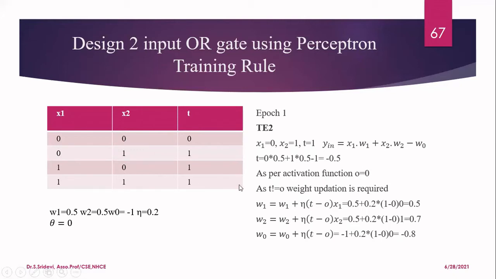But now you can check here, from the perceptron we are getting the value as 0, but according to the truth table, we want the value as 1. So now what's happening is there is a misclassification. So whenever there is a misclassification, we need to update the weights.